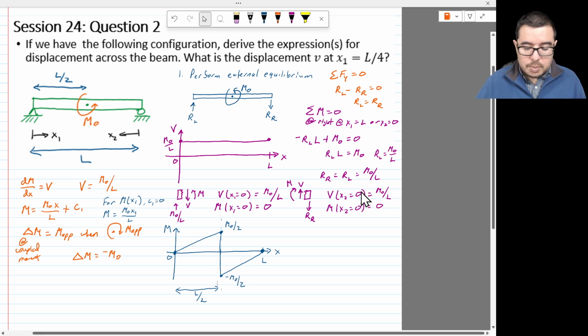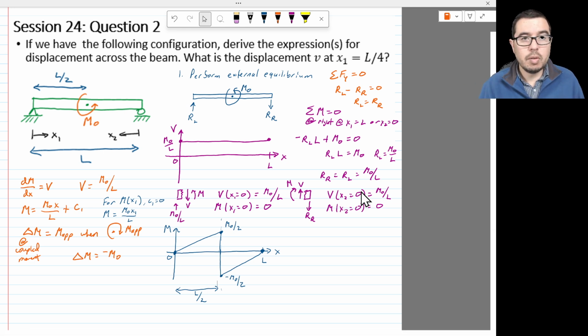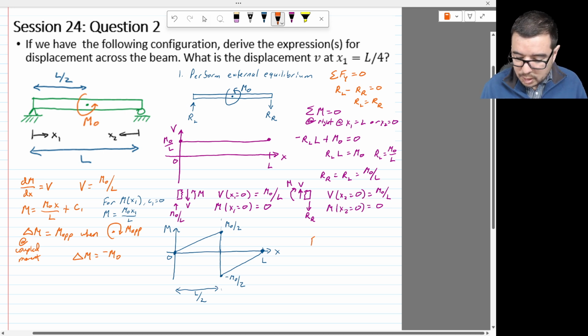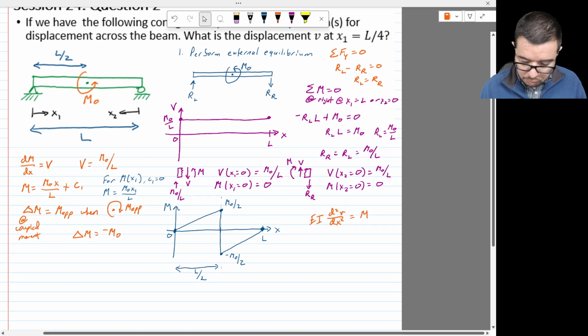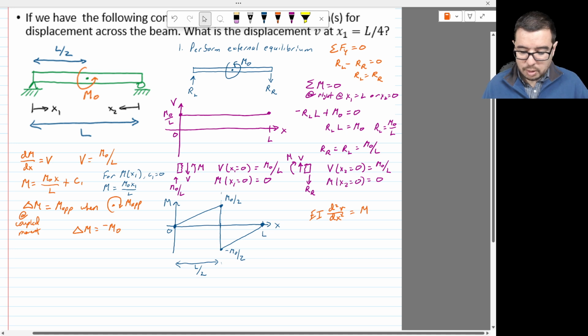Well, it's based on using relationships that tell us what the elastic curve should look like mathematically. And we can write out our relationships right here, which are that EI times the second derivative of the little v, not to be confused with the shear force, this is displacement, is equal to M. So if we go ahead and get started there, we can say that we have EI